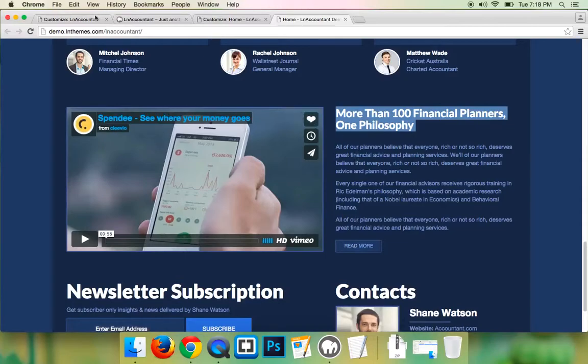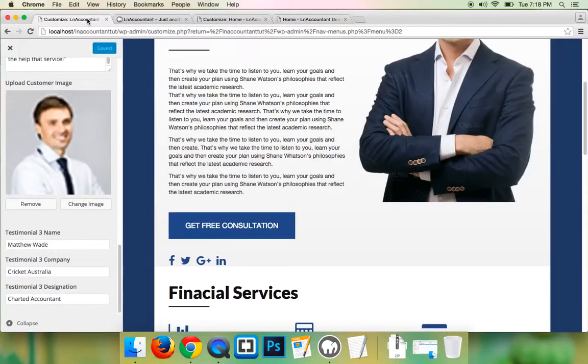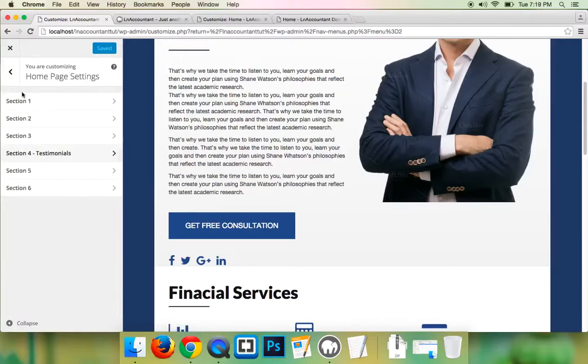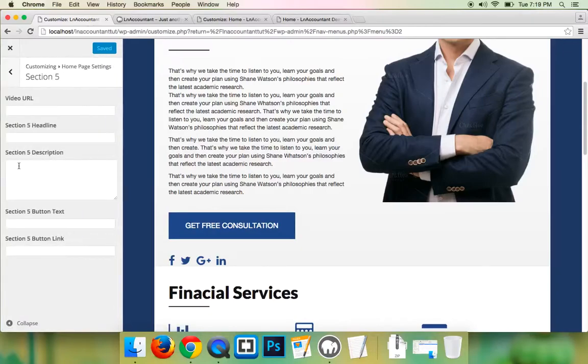So the first thing we need to do is to go back to the customizer here and then click on this icon again and go to section 5. Here you can see it is having this main first section, which is for video URL, then section 5 headline, and then section 5 description, and then the button text and button link. So the video URL should be